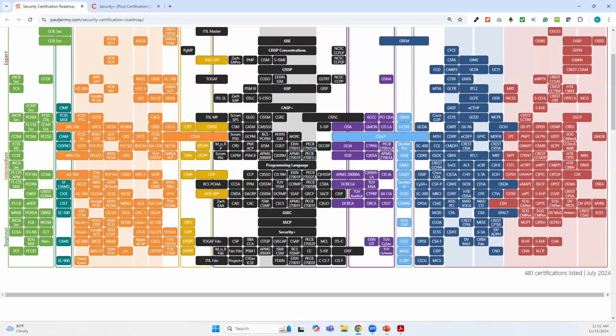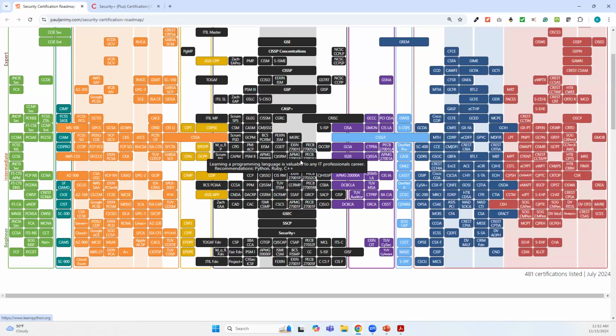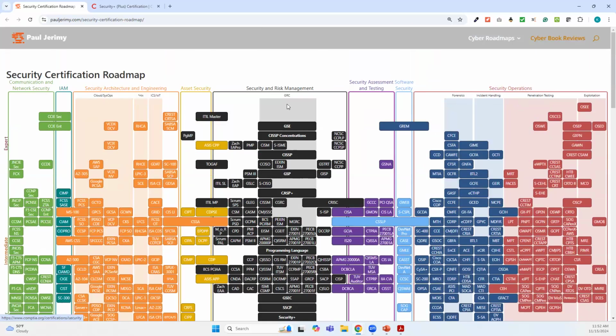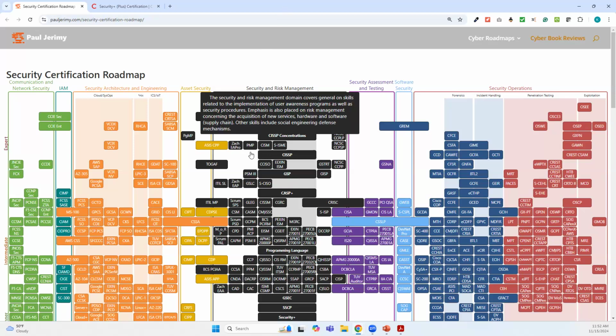First of all, this is what I tell my students: look at the opportunity here. Every one of these certifications, there's a community out there that wants it. Why do they want it? A lot of it deals with liability. They have someone that can prove their competency in a certain area, so if that organization faces some type of cyber breach, they can prove that they hired someone that was competent in that area.